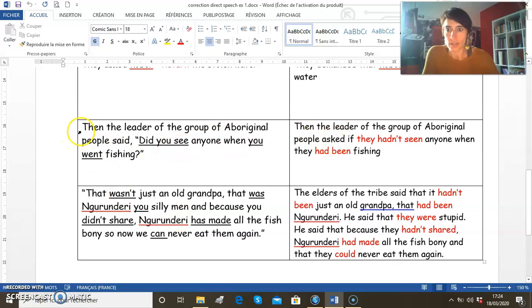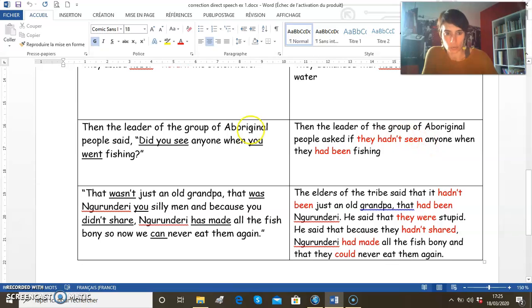You've got the introductory sentence here, and you can identify that it's a question, and a yes-no question. So for a yes-no question, you need to use "if". Then you need to reorder the words. Here you can see you've got the auxiliary, subject, and verb. Here, the verbal base. So you need to reorganize and put the subject in the first place, okay, and